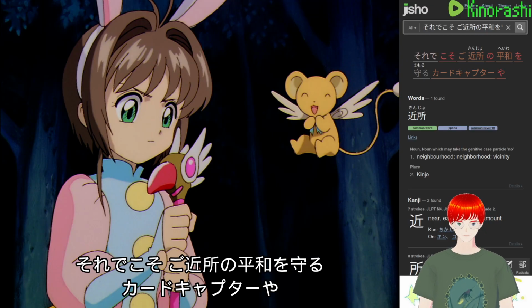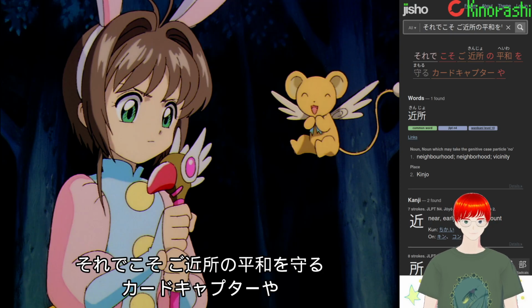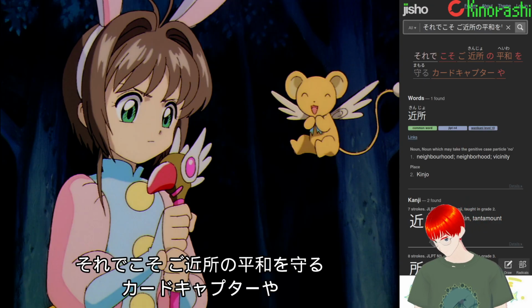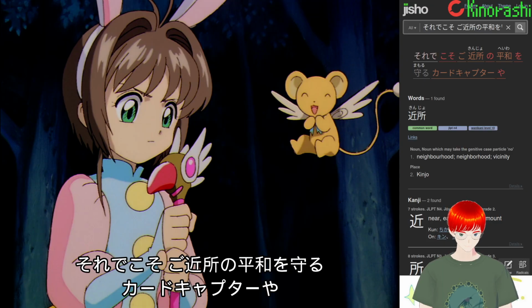Fun fact: koso is often used after names or pronouns as a way to reply to thanks or apologies. In these situations, it expresses that the speaker feels equally or more obliged to say what was just said than the other person. So, watashi koso arigatou gozaimasu. No, I'm the one that should be thankful.